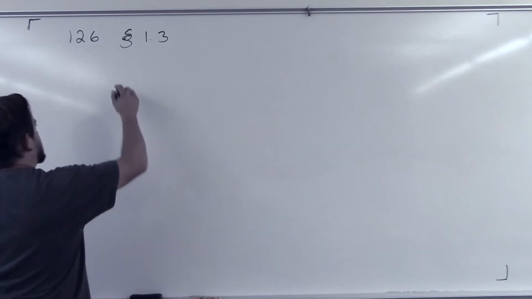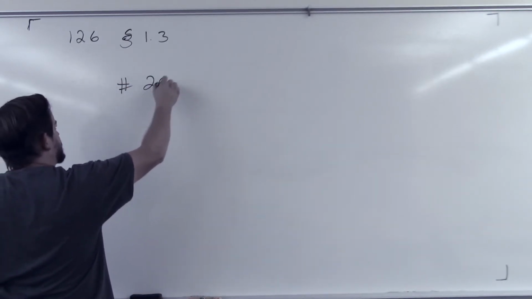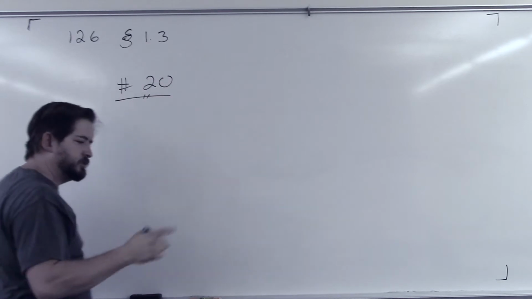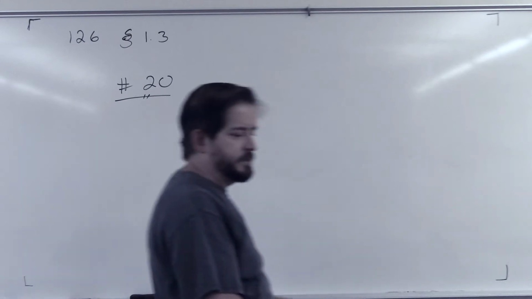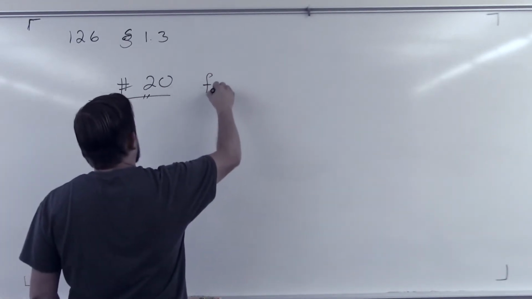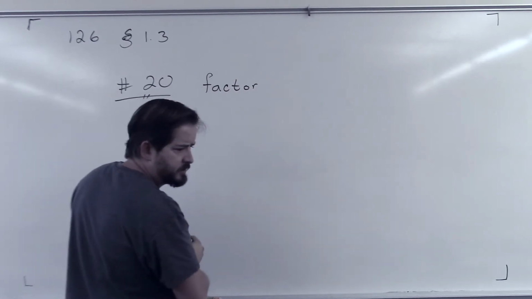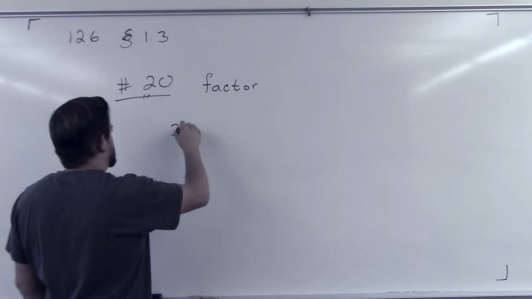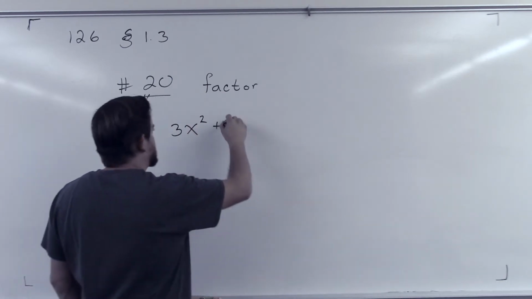All right. I was asked to do numbers 20 and 21, but they're very similar, so I'm going to do 20 and then let you go back and take a look at 21. 20 says factor 3x squared plus 20x